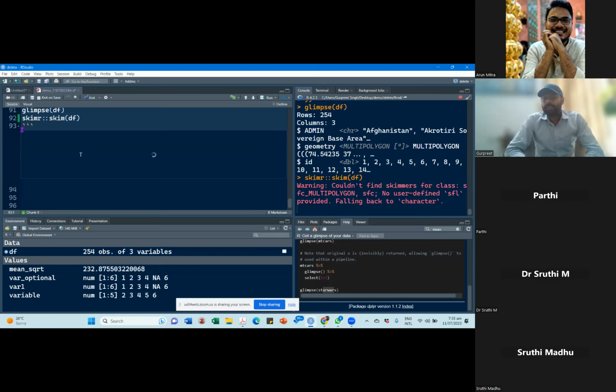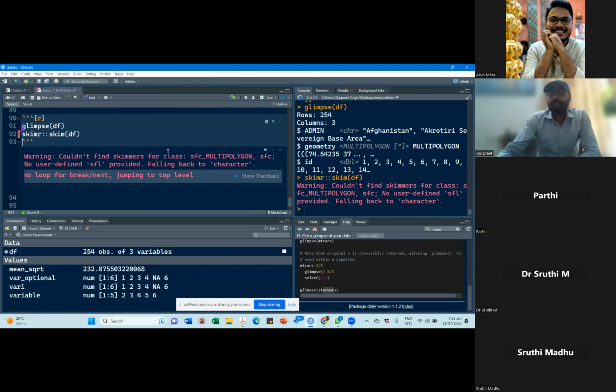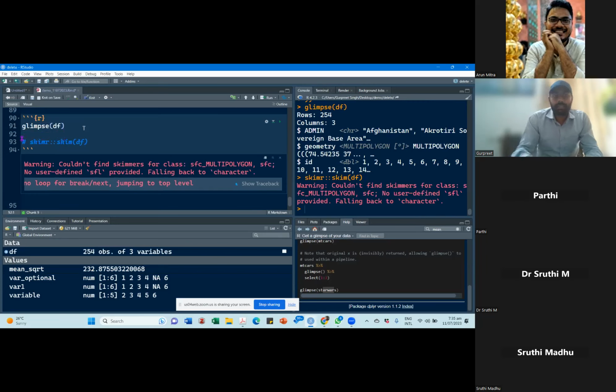Why is it taking so much time? Because it has just the geometry in it. Great, great. I'm really happy. Because geometry is something heavy, I'm not going to use this function skim because of the geometry. What I can do is I can say df,